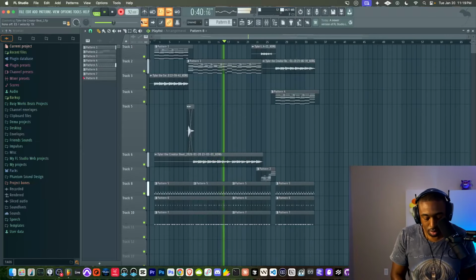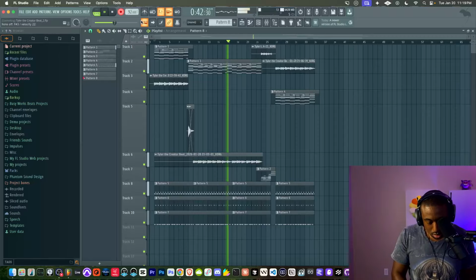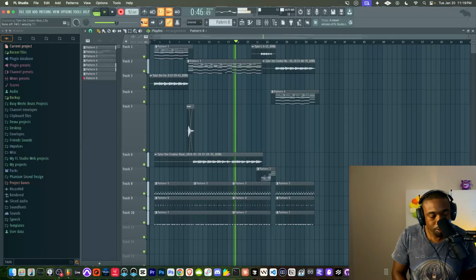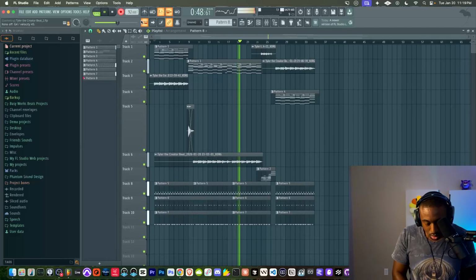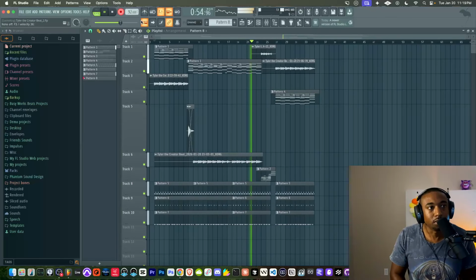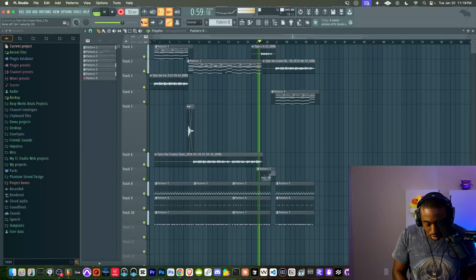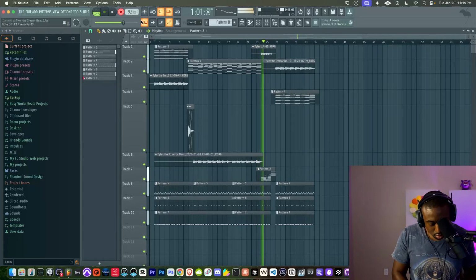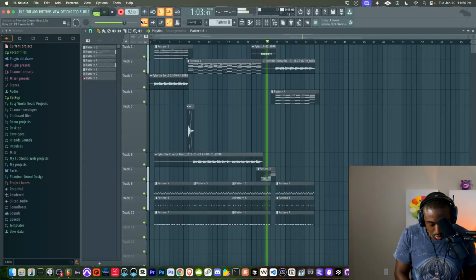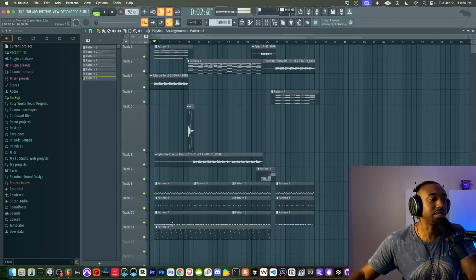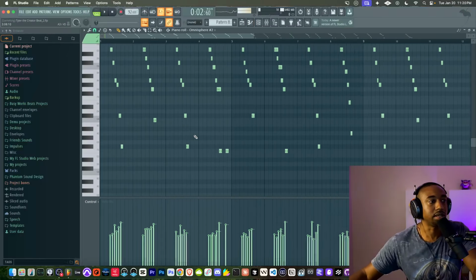Sloppy there. I messed up. So again, we're just basically playing the same exact chords, just spread out, so it sounds like a bass line.